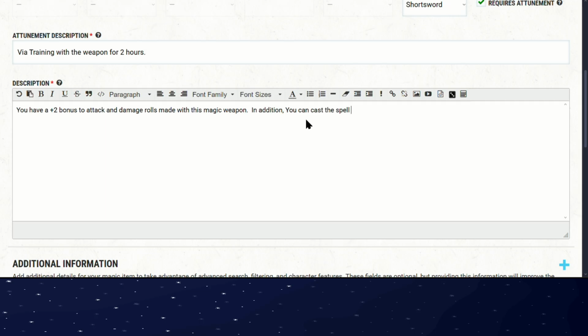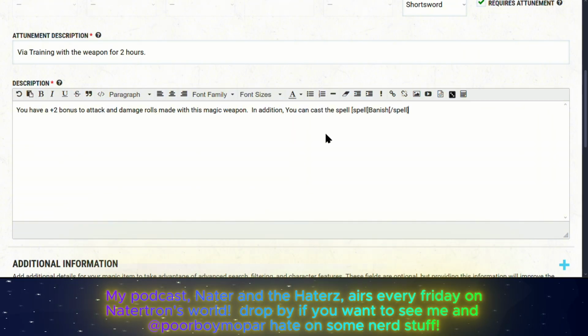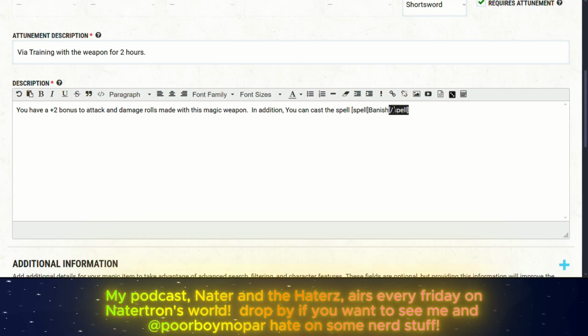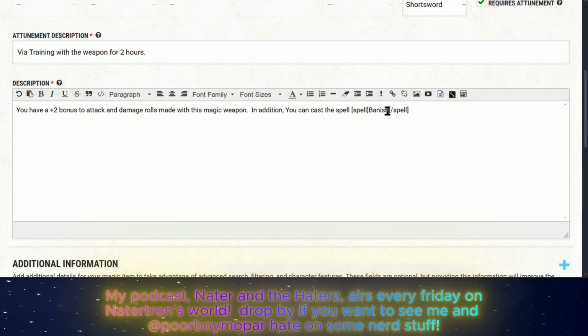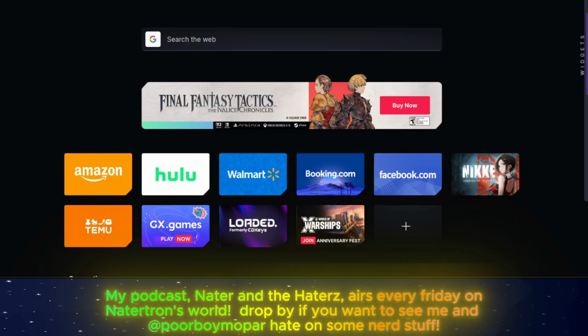So you're going to do square brackets first, spell, boom, banish. I think that's what the spell is called. Back to the square brackets, slash spell, close square brackets. So you can see here, spell is on both sides in square brackets. The end of it will always have the slash, and then you'll put the name of the spell in the middle. I'm pretty sure that's what that spell is called, but just to make sure,